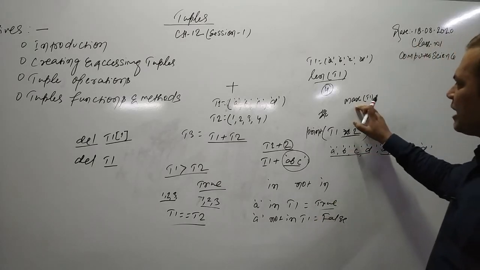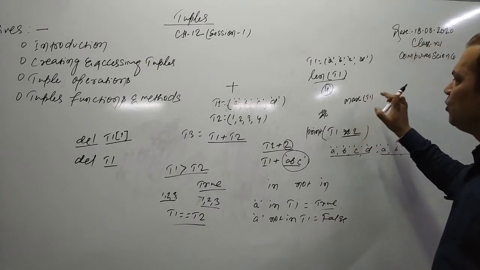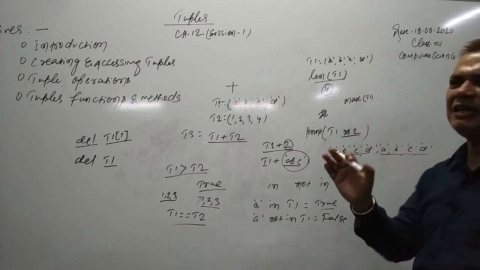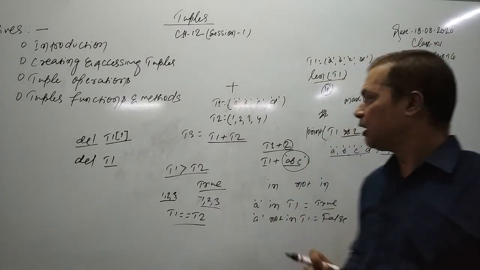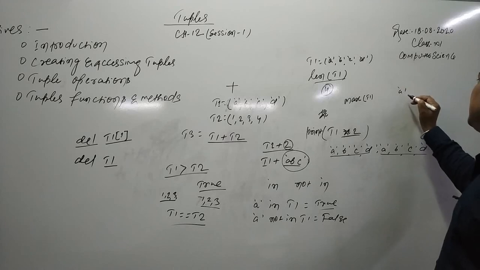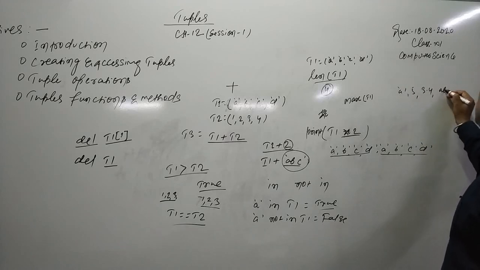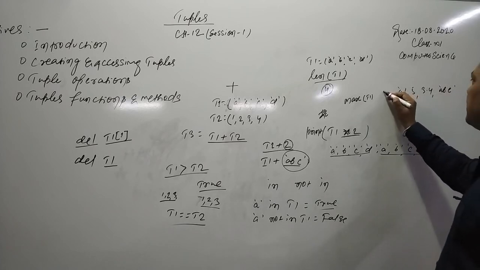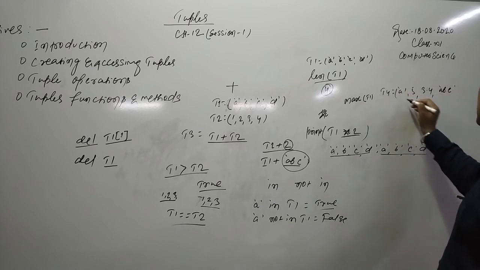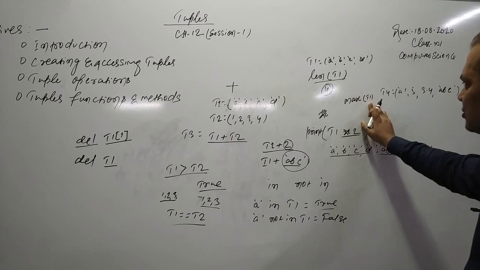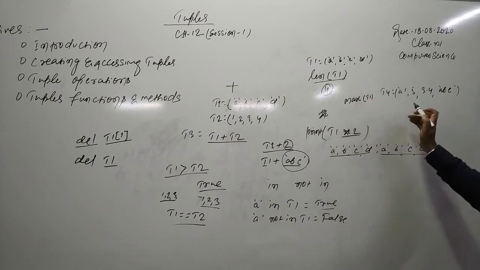It will give you the maximum value of tuple T1 once T1 has all elements of similar kind, because you cannot compare A and 5. If A and 5 or 3.4 or ABC are the elements of a tuple, suppose T4, and then we apply max T4, it will give you an error. But if the T4